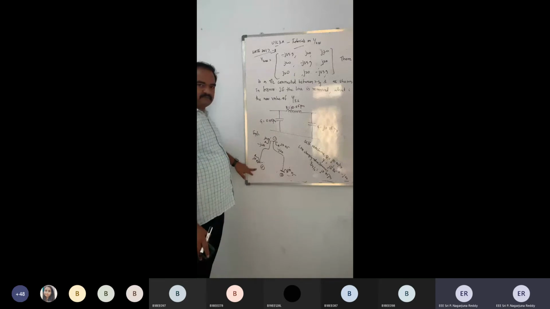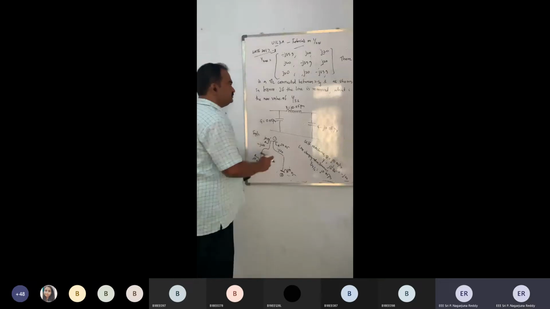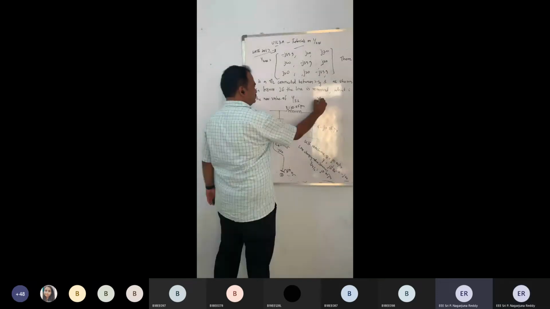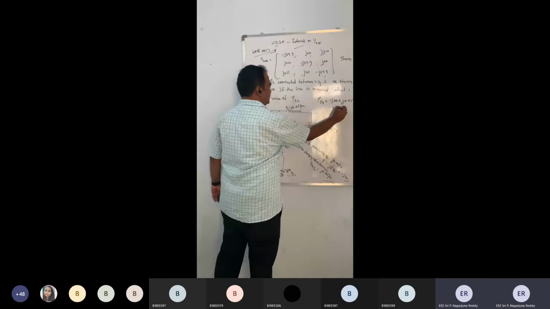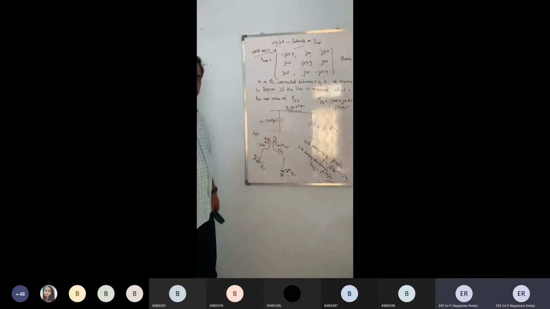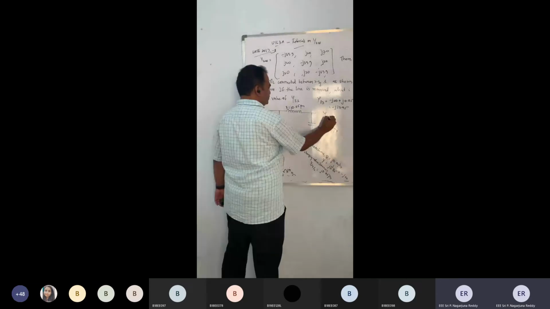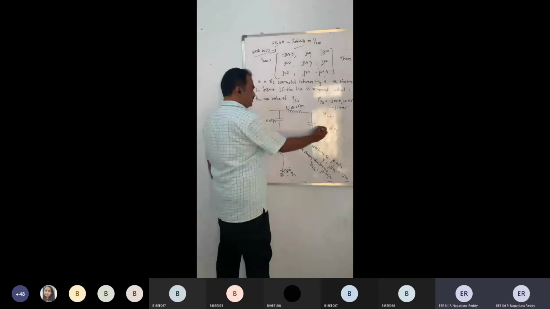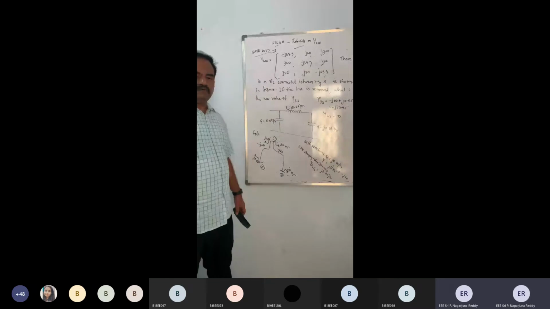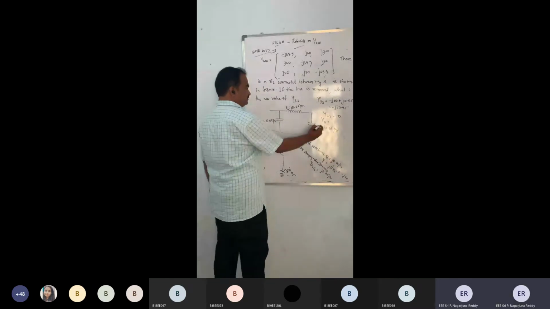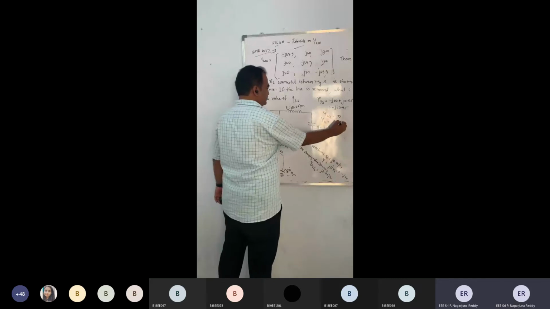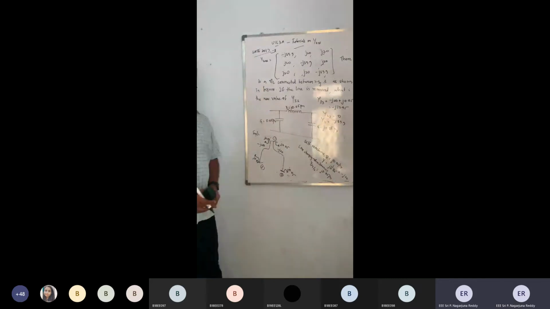At the third bus, I have only two elements, minus J20 plus J0.05. So its value is minus J19.9. And if he asks me what is Y23, is there any element between 2 and 3? No, it is 0. If he asks me what is Y11, the summation of all these elements, I will get minus J39.9. Got it?